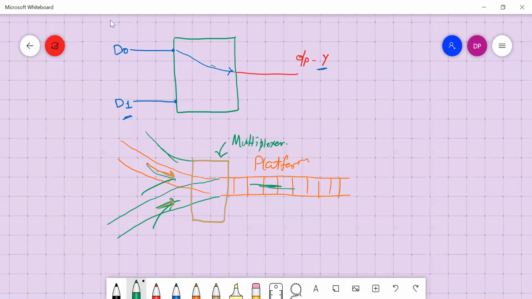So the objective is clear: at any given instance of time, we expect any one of the given inputs to be available at the output. Either it should be D0 or D1, not simultaneously. So the output should be one of the inputs at a given instance, for a given condition. Let's see how we can do it.